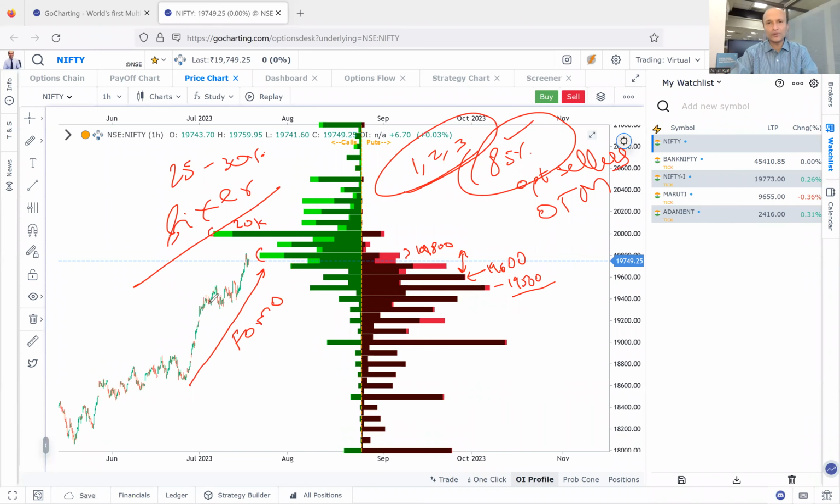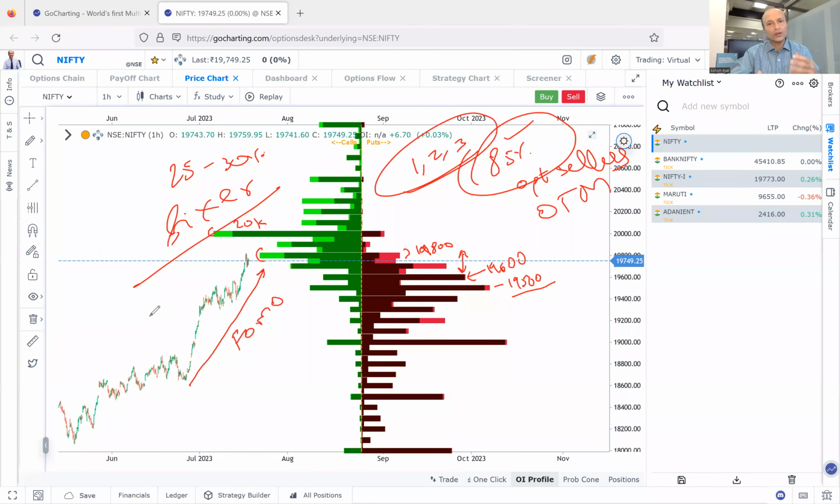The market will fall, you bought a put option and kept it. The market will fall, you bought a put option and kept it. What has happened to your put option? Do you have a strategy? Do you have a method? Do you have a way to do it? That's why when you're dealing with options, which is a sophisticated instrument, you need to know how it functions. You need to know how it works. One such technique is this open interest profile.